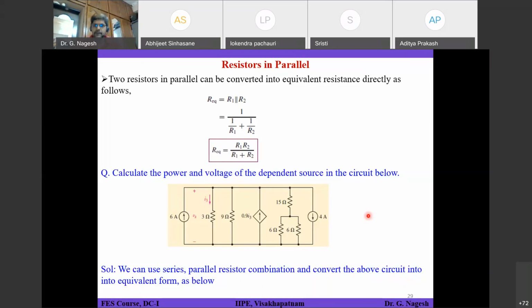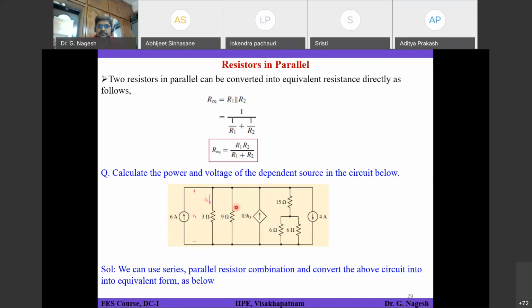Okay, let's see. In this kind of scenario, you should be very careful when you are combining the resistors. If I ask for I3, then after combining, you will not have I3, so you should come back to find out what is I3. Or in a simpler way, if you find Vx, then you will not have any confusion. Simply Vx divided by 3 ohms will give you I3.